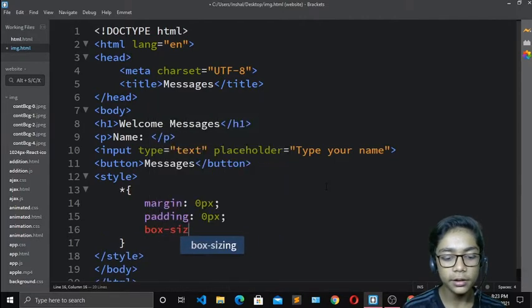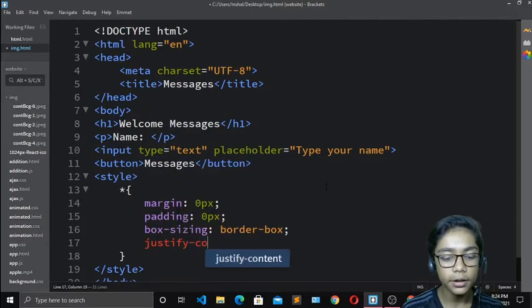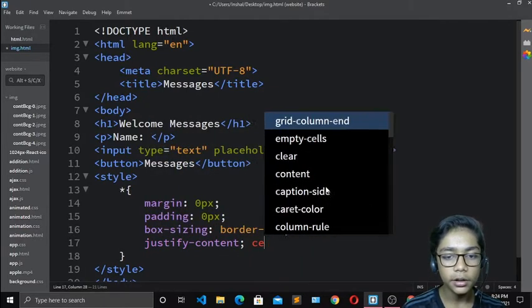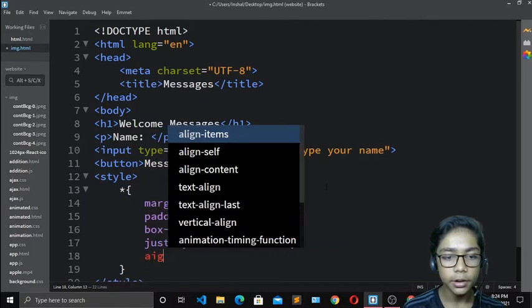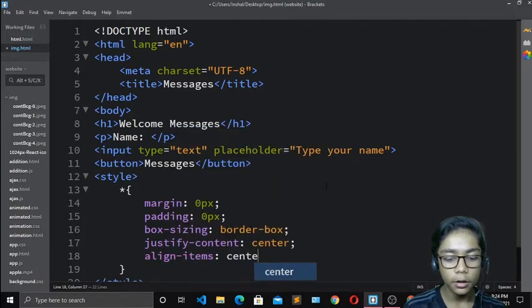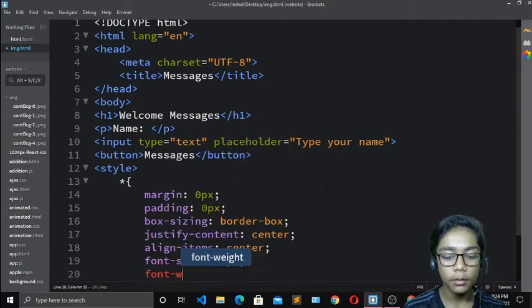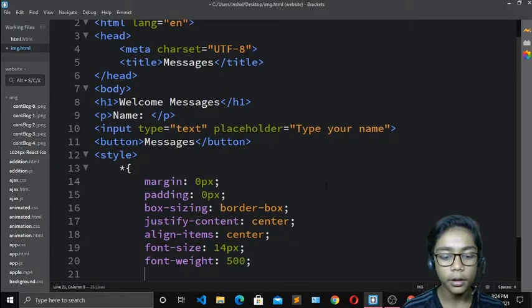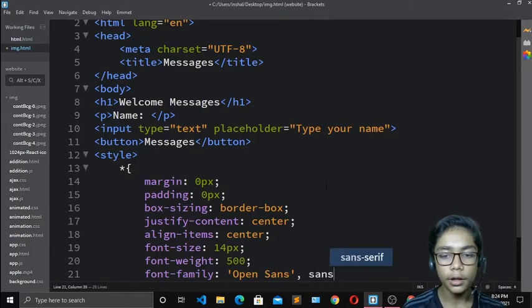Write box-sizing which should be border-box. Write justify-content: center, with a semicolon, and then align-items: center. Now come over here and write font-size which should be 14 pixel, font-weight which should be 500, and font-family which should be Open Sans, sans-serif. So I will write sans-serif.